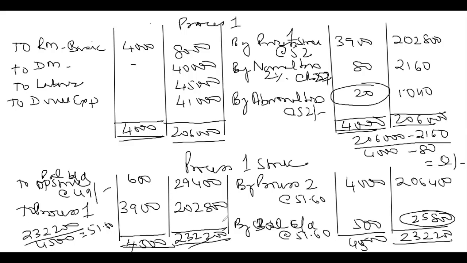Maria, are you clear? Yes, sir. The only difference is that it is going through stock to process 3. Valuation will change. Here you would have valued at 52. Here you are valuing at 51.6. See the difference. Have you understood? Aparna, have you understood? In the old method, you would have taken it to the next process at 52, in the earlier first problem method. But here you are transferring at 51.6. There is a valuation difference. Quantity also will be different.